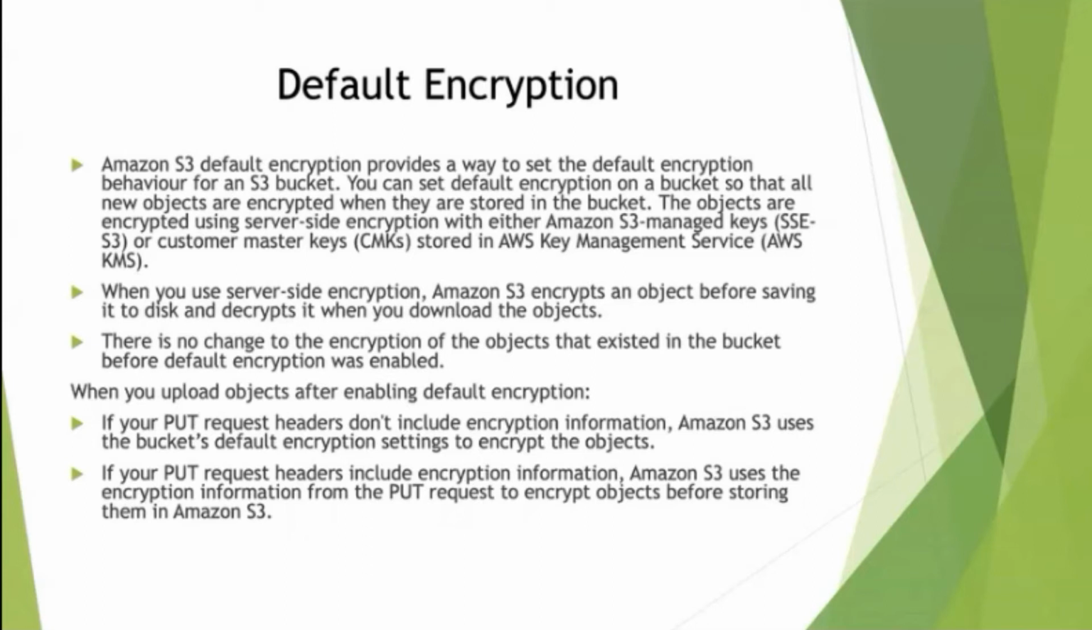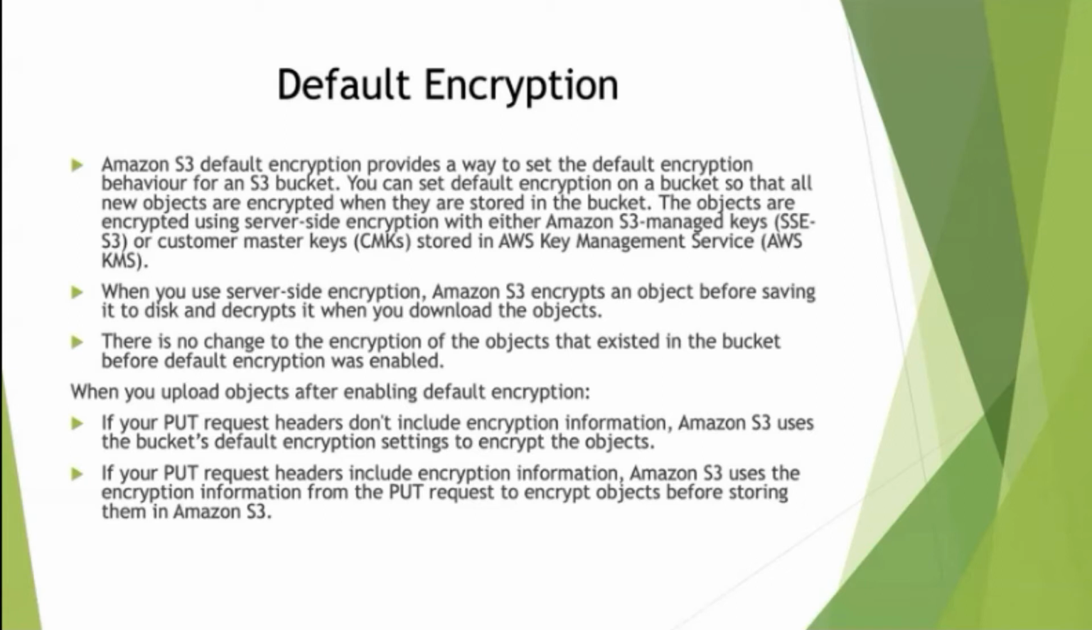Because if you enable encryption at a later point of time, from then on only encryption is enabled. For all the previous objects that were there in your S3 bucket, they are still not encrypted. So the best practice would be to go ahead and enable encryption right when you create the S3 bucket. The objects in the S3 bucket are encrypted using server-side encryption, either using S3 managed keys,